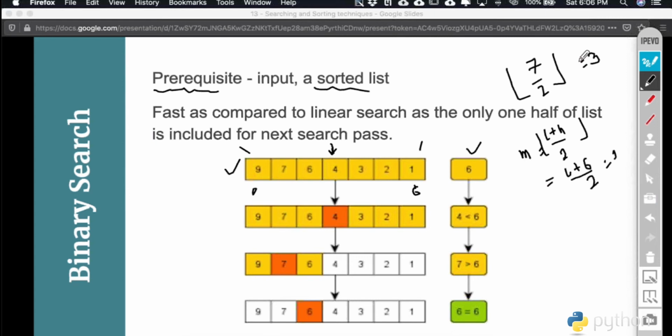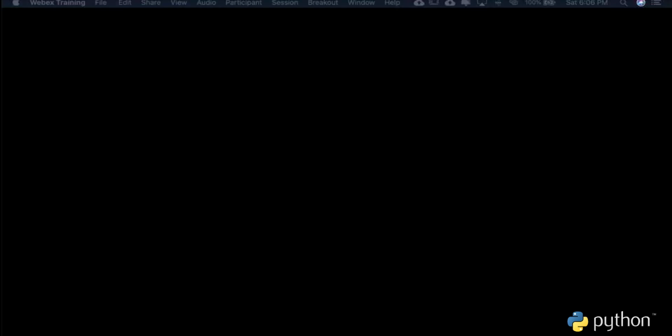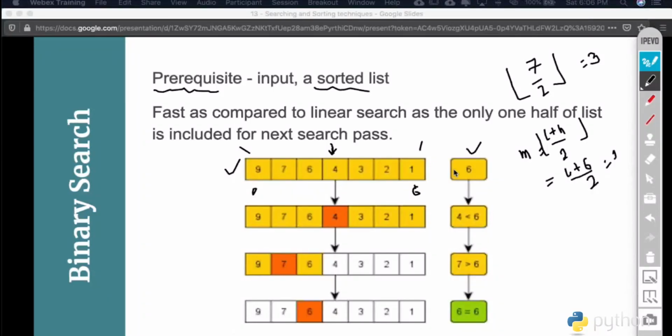So now you got the location where you make the comparison. We are making a comparison of the middle value with the key value. The key value is 6 and the middle value is 4. When we make a comparison, there will be 3 possibilities that can happen in the search. The very first and lucky probability is that the element gets matched. If you are lucky enough, your element is directly matched with the middle element of your list, so you can directly return the index of this particular element, or I would say you can return success if your element gets matched with your search item.